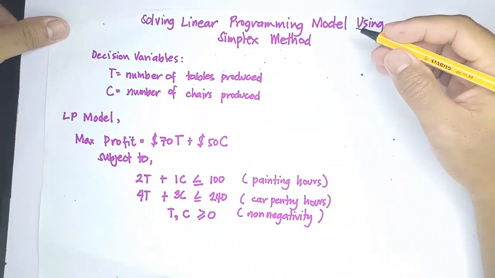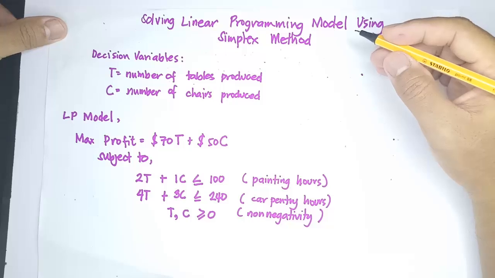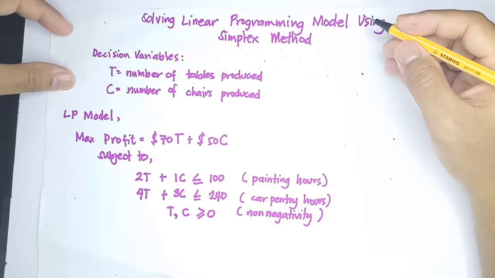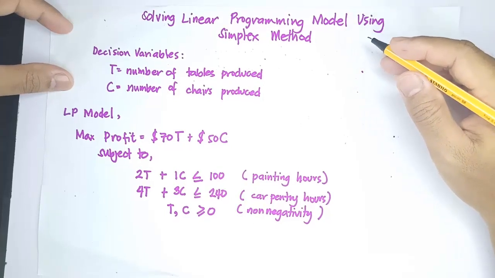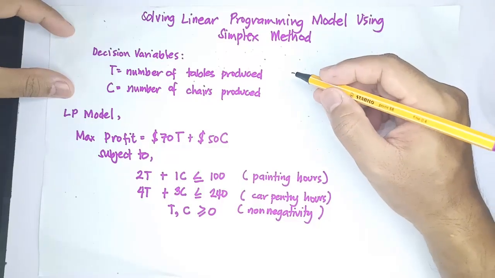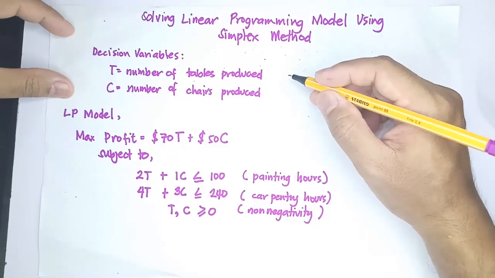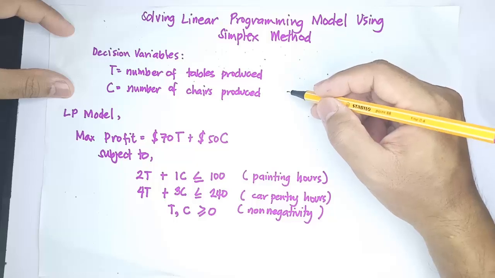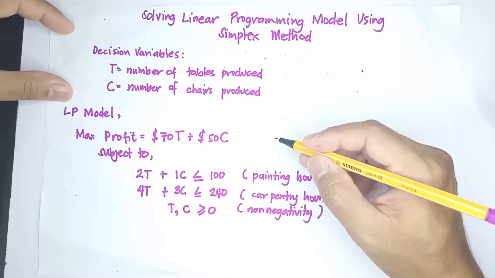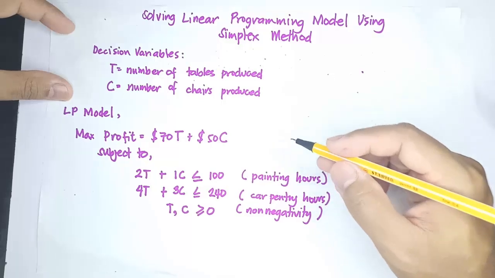Hello everyone. This time, we're going to solve a linear programming model using the Simplex method. For instance, given this LP model with two decision variables, where we let T be the number of tables produced and C the number of chairs produced. For the LP model, its objective is to maximize profit equal to $70 times T plus $50 times C, subject to,